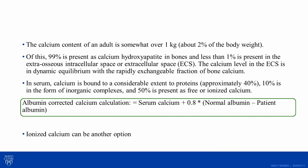But not all calcium is freely available. It has to be bound to either protein or has to be ionized. So protein is carried in the blood